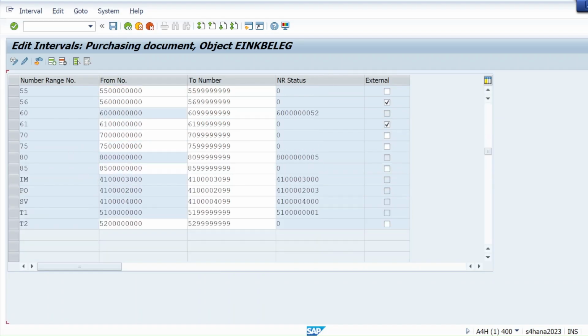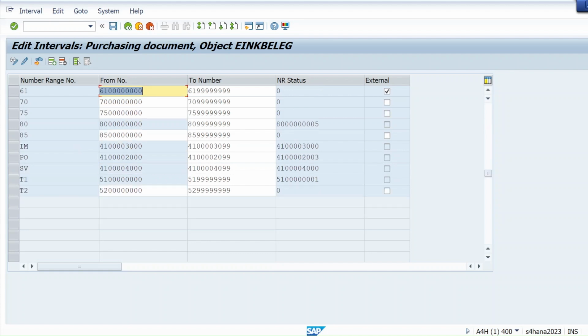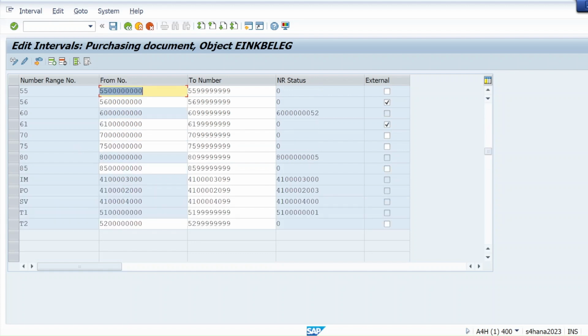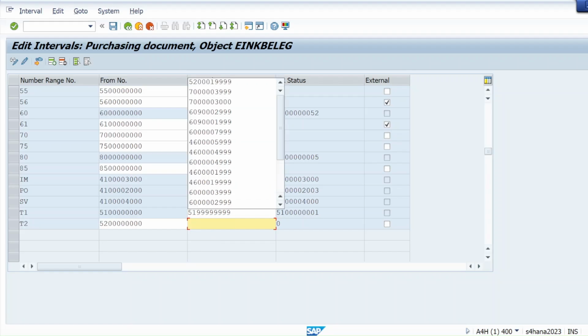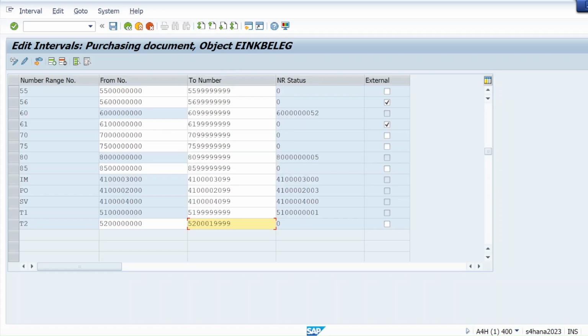First let me check which number range is available and create one number range. Don't use a very big number range, like students used to; because of that everyone faces problems.